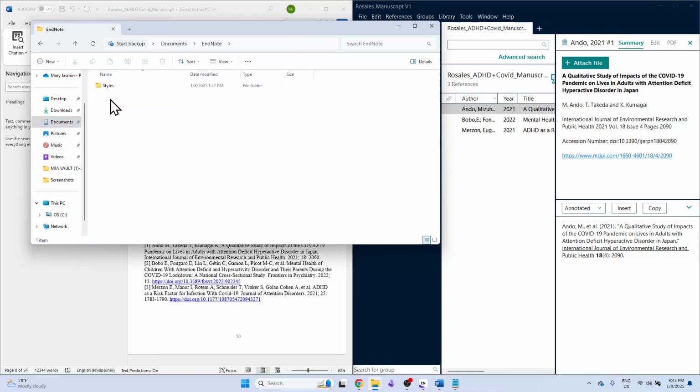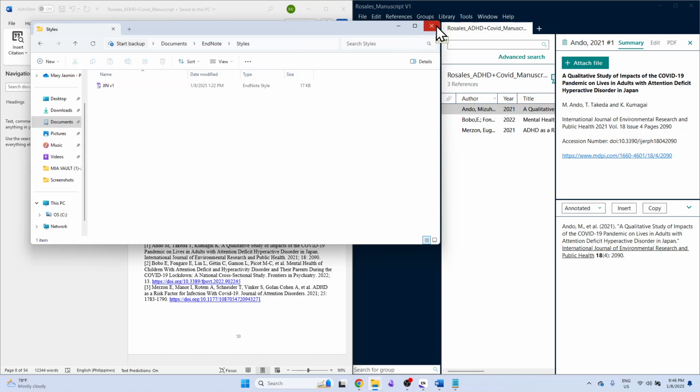Just go there and you will have a folder for styles and this one. So you can actually attach this one in the email as well. So whoever is gonna check your paper, they can also install this formatting or style and note style in their EndNote in their PCs, and then you can seamlessly reformat the manuscripts.